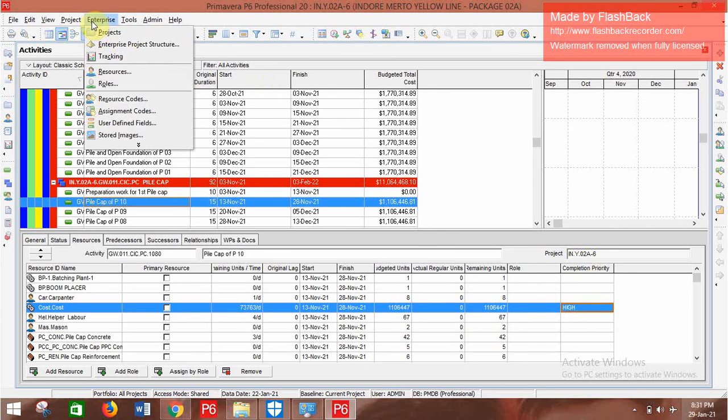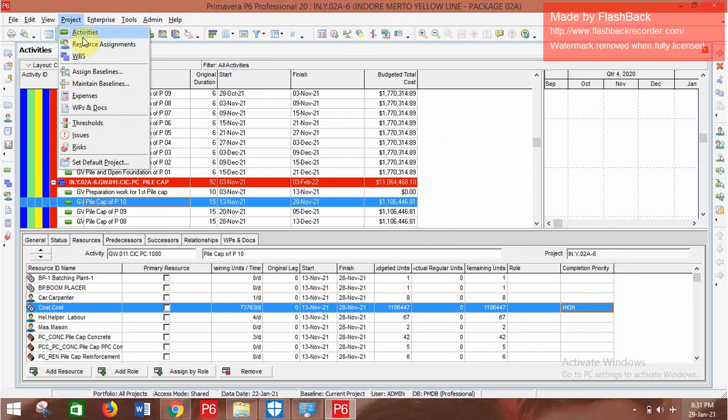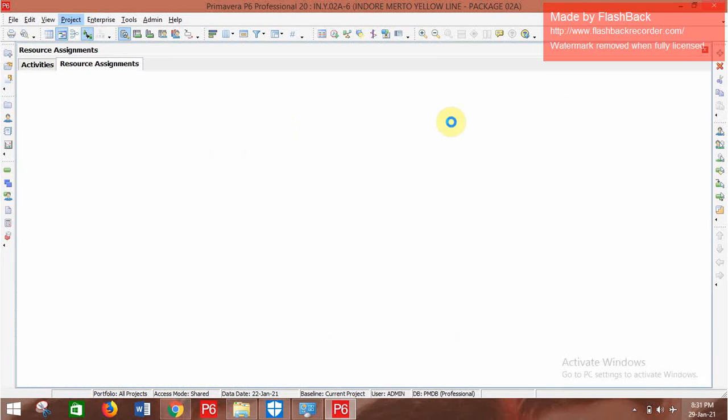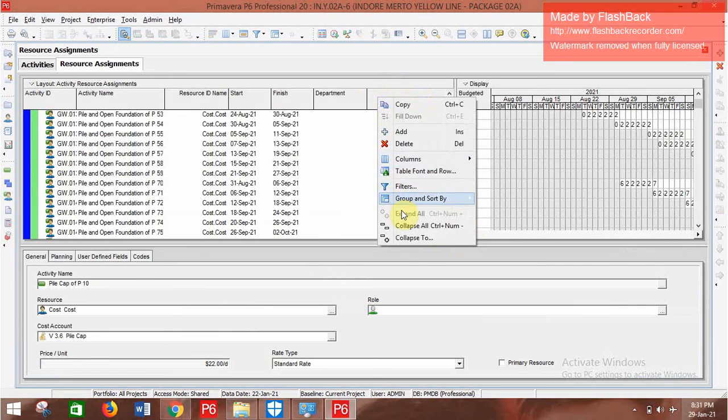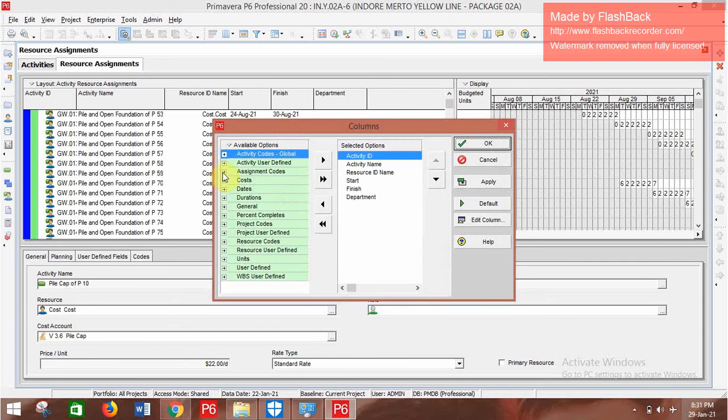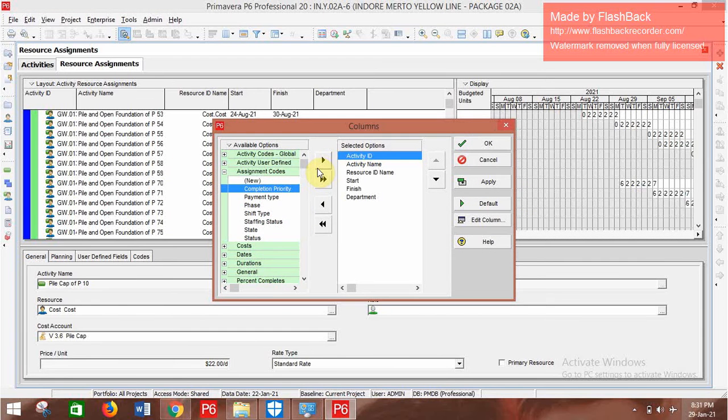Now we go to resource assignment, right click, customize. From assignment code I will add completion priority.